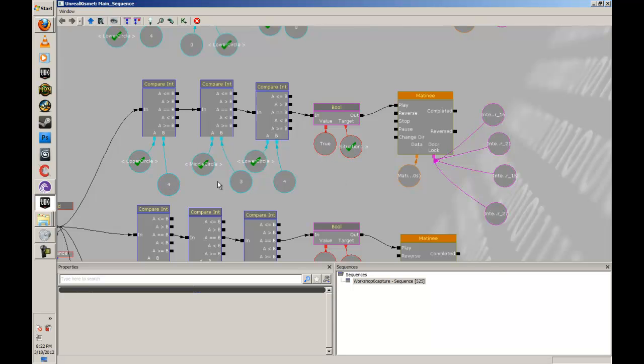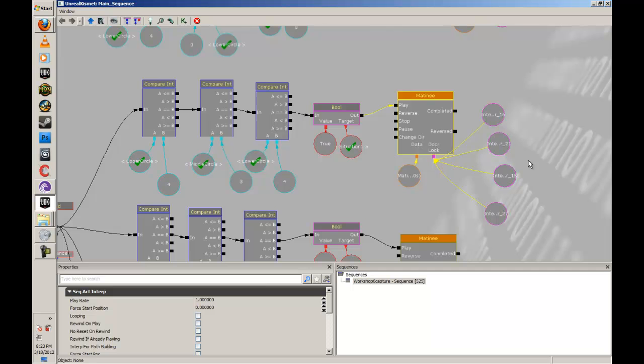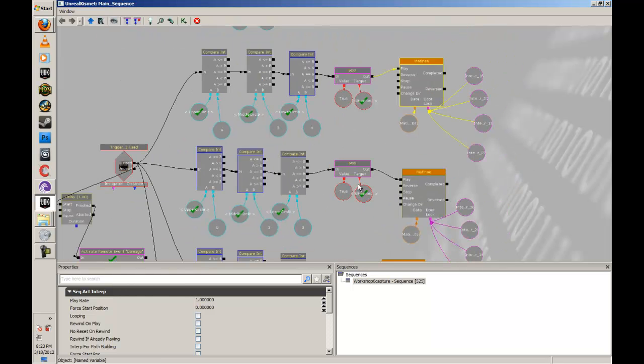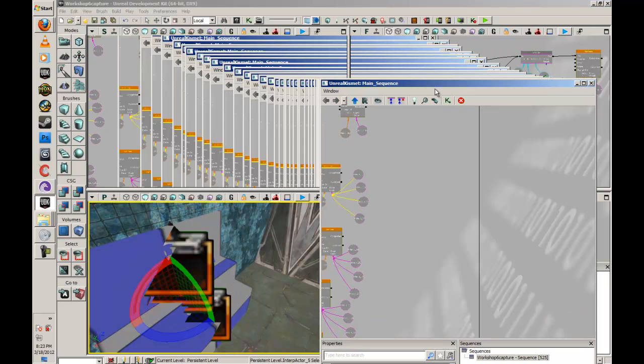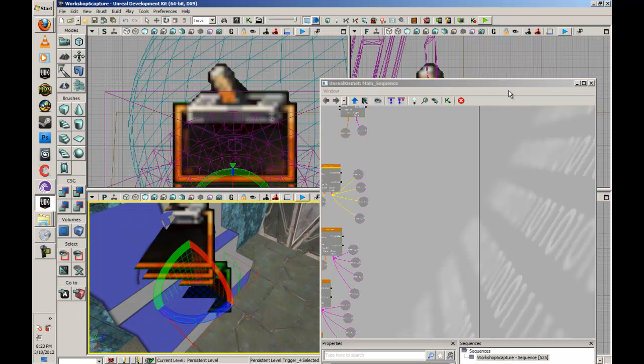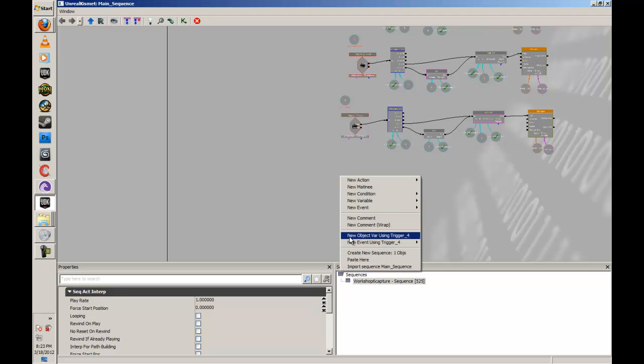If all these pass, if all these are true, then it's going to play the animation, and this animation is responsible for opening the door. Okay? So we're going to do that right now. We have this trigger here. We're going to right click, new event using trigger used,